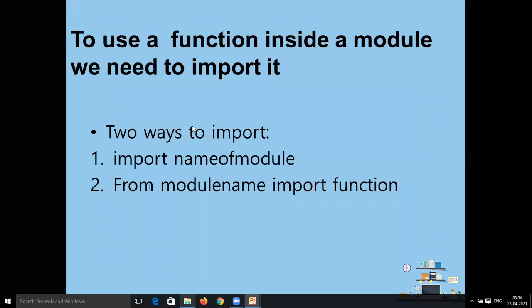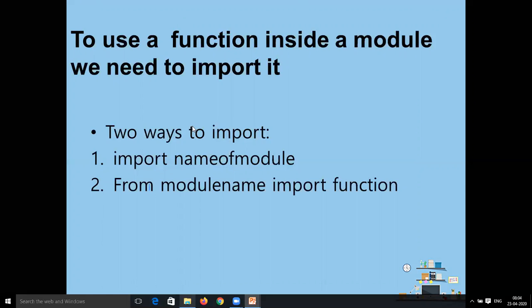Now we are talking about the module. A module is nothing but a file which contains functions inside it. To use a function inside a module, for example from the math module, we first have to import that module.